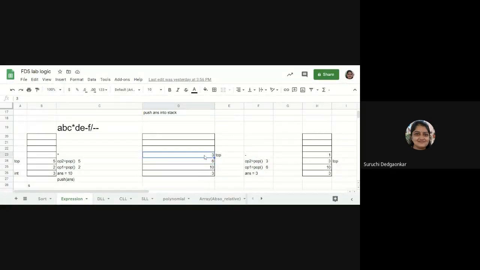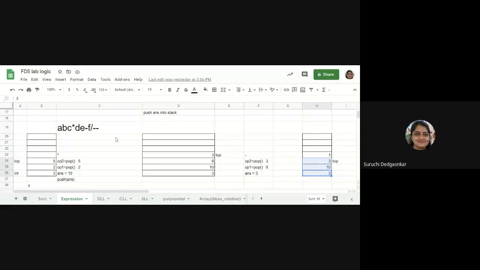Okay. Now, next is operator minus. So two values will be popped from the stack again. First popped is 3, it is called OP2. Next popped is 6, it is OP1. And the operation will be performed on it. OP1 minus OP2, which is 3. 3 will be pushed into the stack. Okay, so now the stack will have these three elements, 3, 10 and 2.